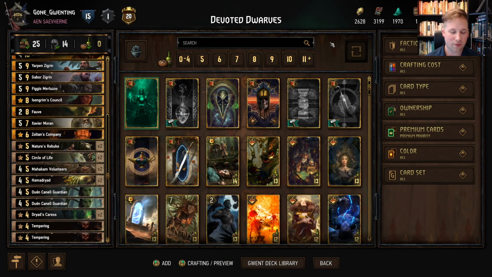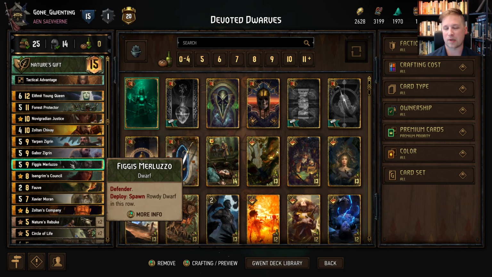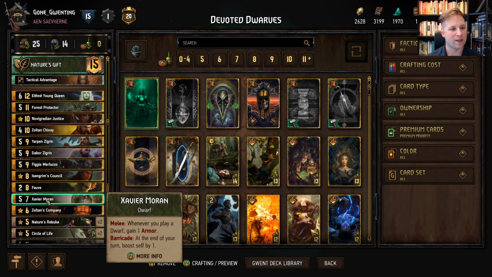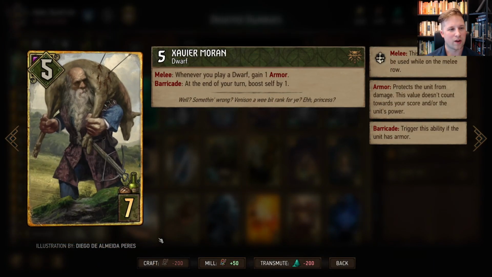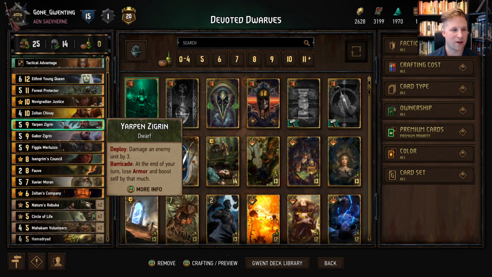Not only does it provide well-rounded engine value with Hamadryads, tempo with Mahakam Volunteers and Zoltan's Company, but it has two resilience units, Gabor Zegrin and Zoltan. You get Figus in here as a defender to protect Ethne and her young Dryads, or you can use him to protect the resilience units, depending on how your second round goes. And then you've got Xavier in here as well. For a 7 provision card, he's just so easy to access that high value and points